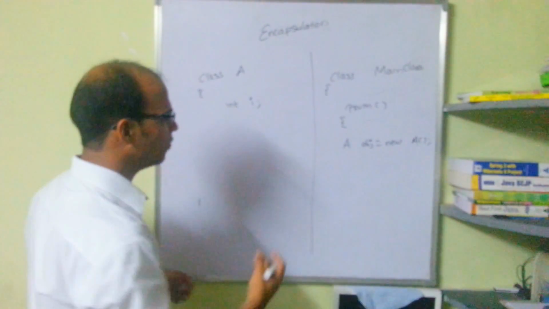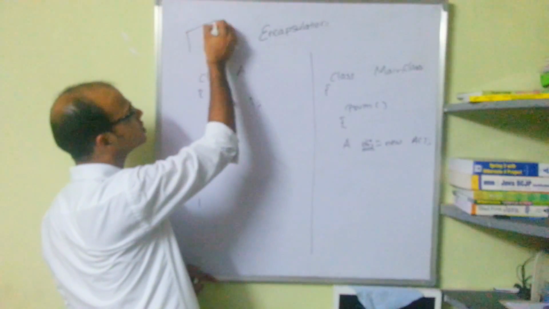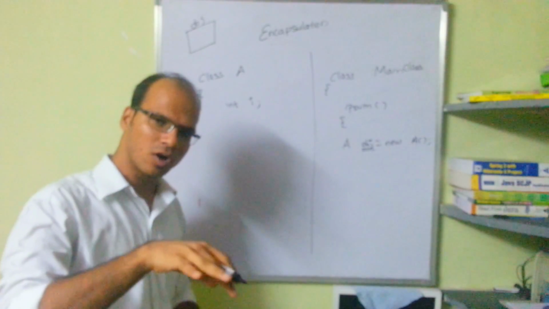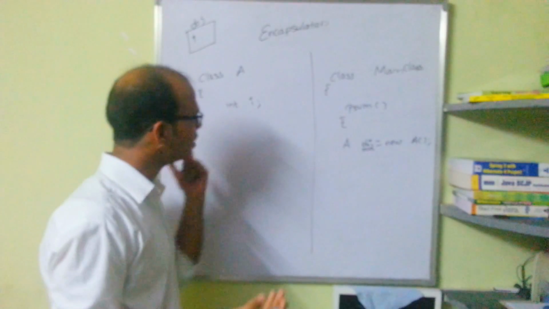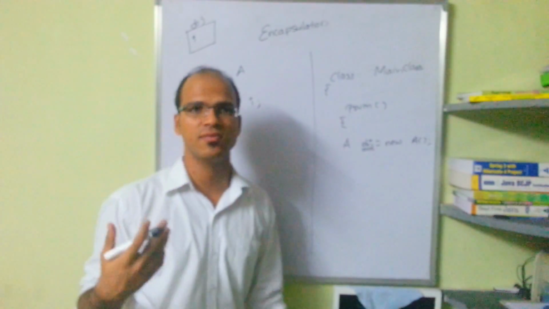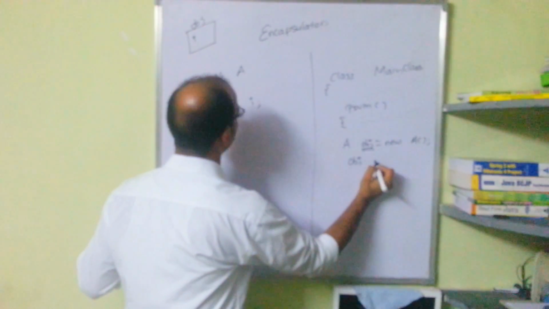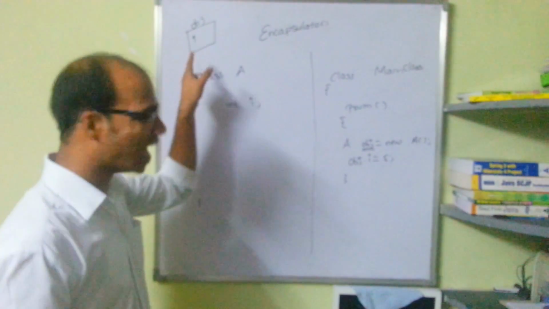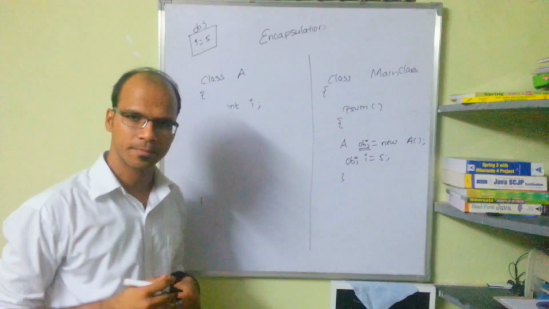Now when I create this object obj, it will create a box named obj. In this box, I have a variable called I. And what's the value of I? By default, all the class variables will have a value of 0, right? But what if I want to set the value as 5? In this case, I will say obj dot I is equal to 5, and now the value of I becomes 5. Simple, right?